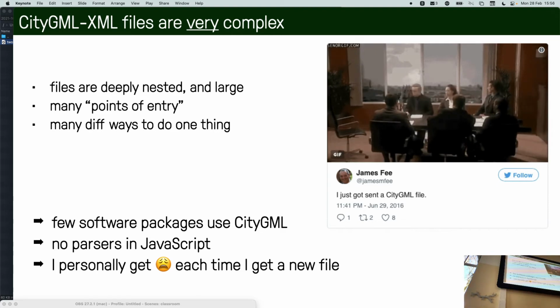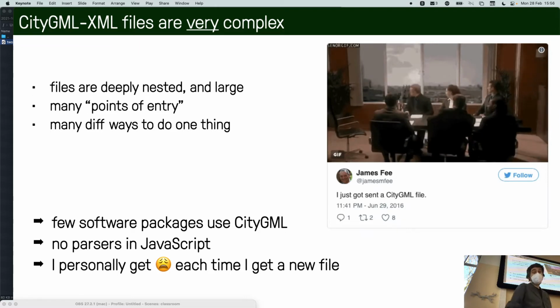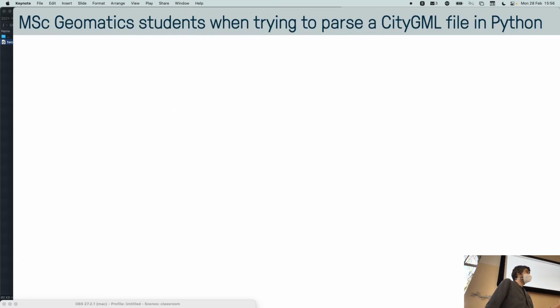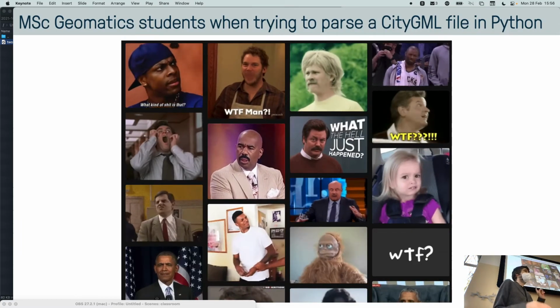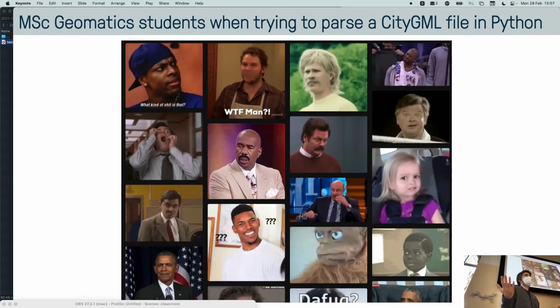Long story short, I've been using CityGML since 2008 when I moved to the Netherlands to do my work, and I always had problems dealing with it because the files are complex, hierarchical. I'm a developer, so I was always getting angry. But then I was also teaching a course where I had 3D city models. I was explaining to students how nice it is to build your own city and analyze it, and they thought, nice. Then we went to the lab, and this is a real slide I used recently, and this is really what students were telling me: why is it so complex?